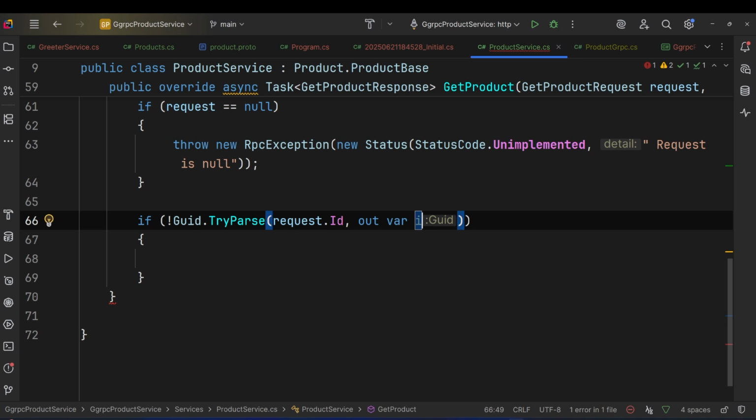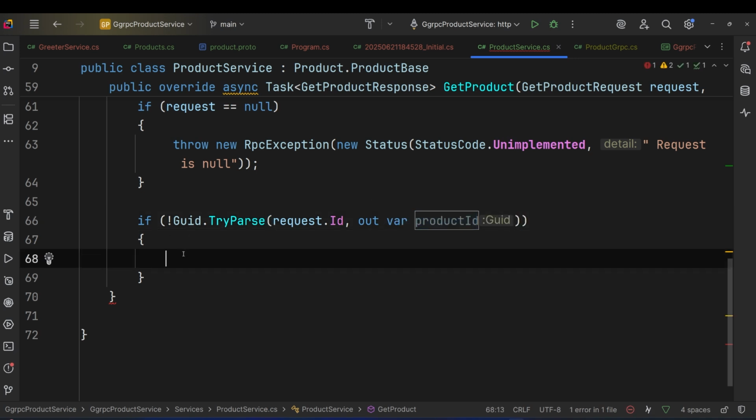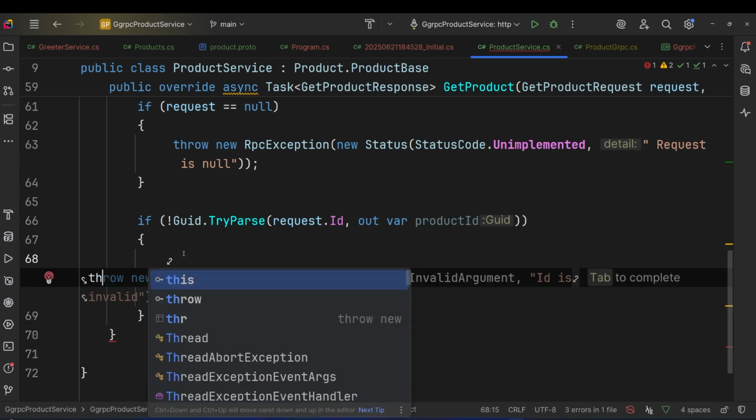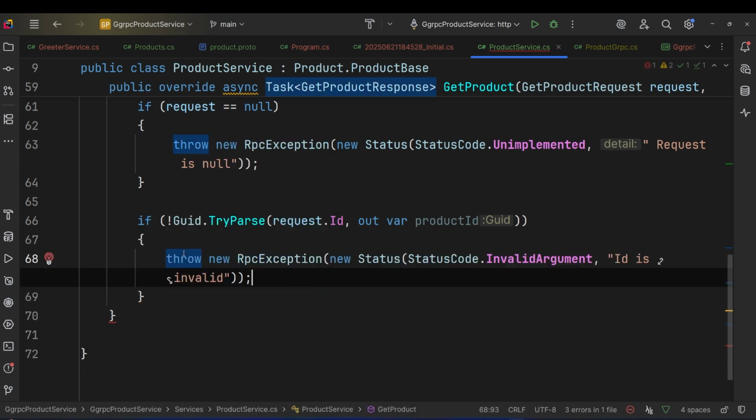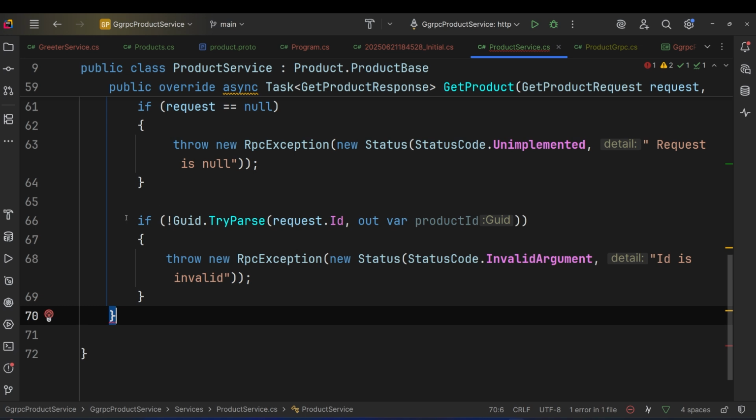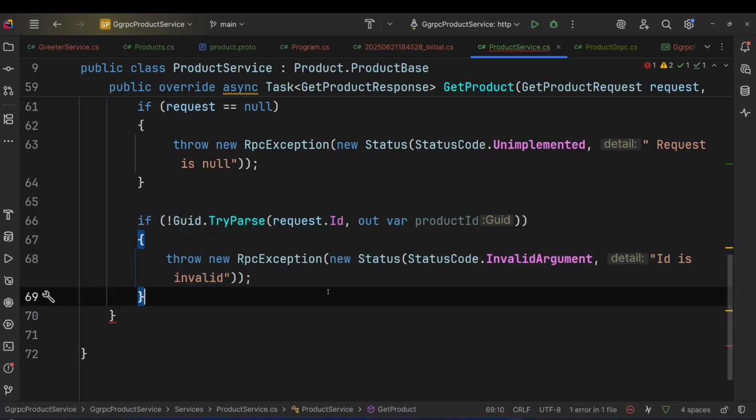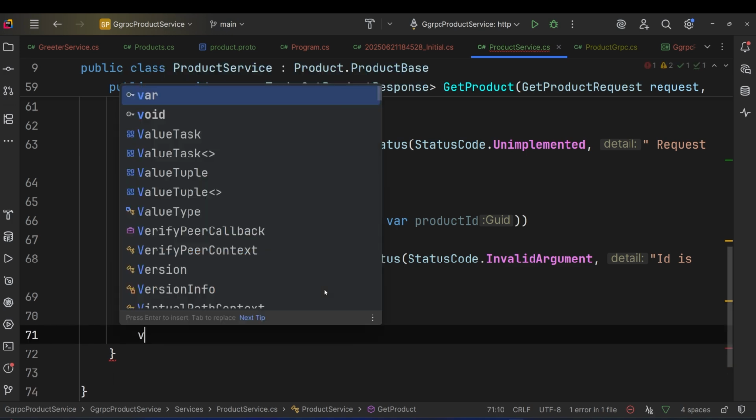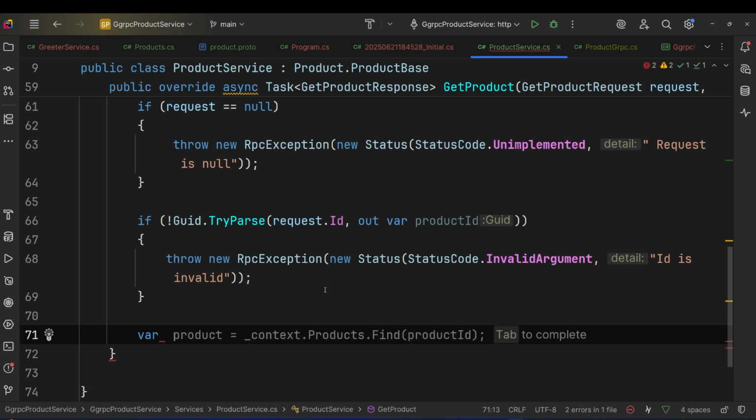Let's make this as product ID, and then when we get that, if we throw an exception like that, so the ID is invalid, right? If it is not that GUID ID that you are trying to pass in, we tell you that the ID is invalid, so you cannot just go and pass in any ID. It will not work, right? So after that, we say that if all this is clear, we can say that product item,